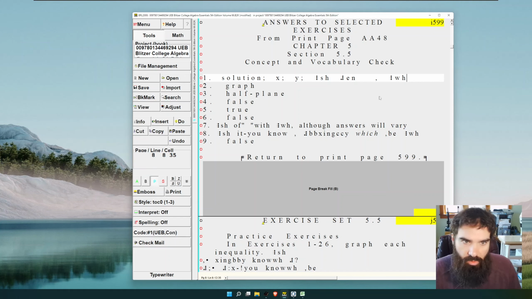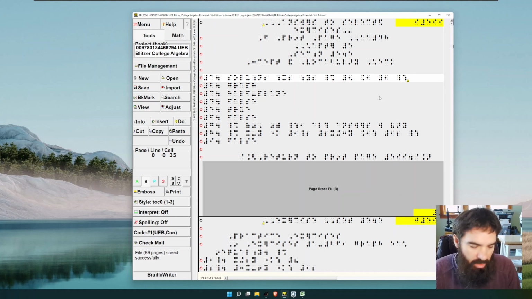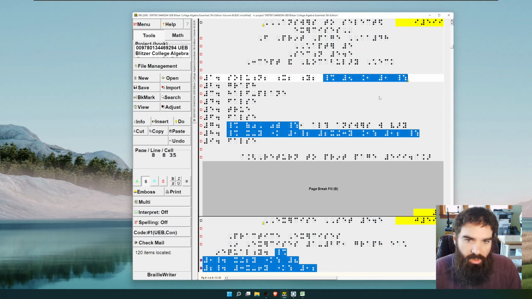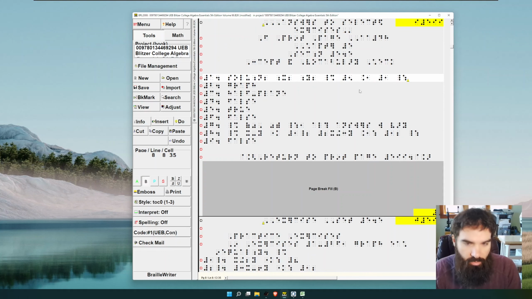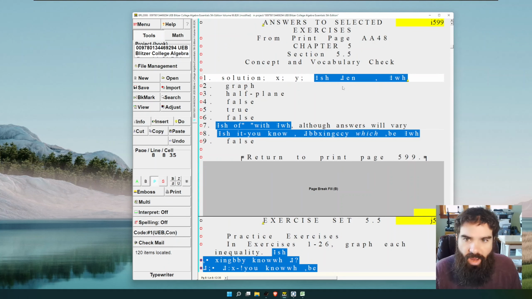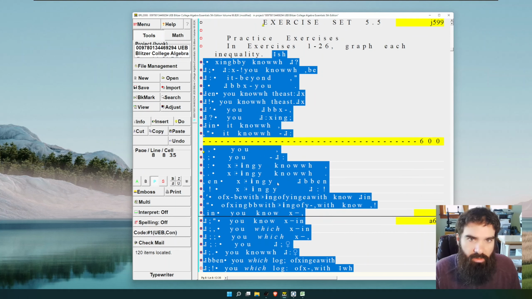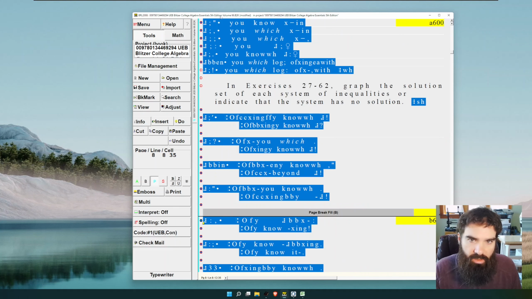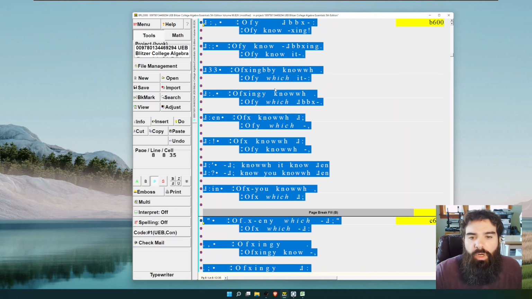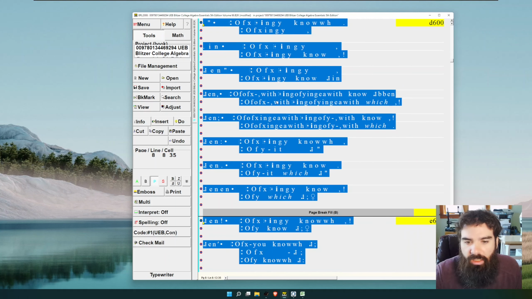And now one thing that I have already done is I made a speedbraille key that finds and extends with the Nemeth switch indicators, and I mapped that to my F9, so you can do that too. So I'm going to go ahead and do that, and now what I'm going to do is have it in Braille View, and I'm going to go through my document, and I'm going to look for anything that is highlighted which does not look like Nemeth, or which is not highlighted and is Nemeth,